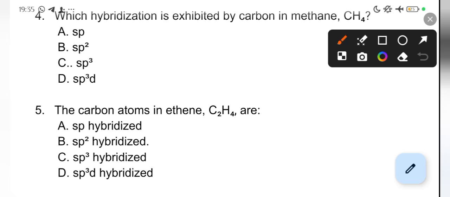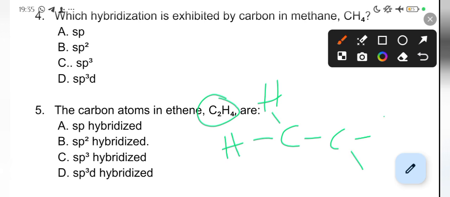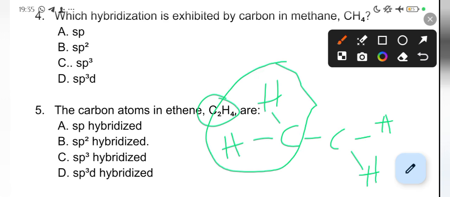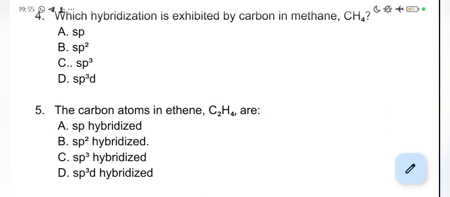If you look at this question now, you have C2H4, right? Now please take note. I know you might be tempted to say, how many bonds are here? Then you count and you'll be getting a very large number. That is not what I'm talking about. When you are doing hybridization, you consider one carbon. So now this carbon has how many bonds? Of course, it has 3 bonds, right? So you have 1 bond here, 1 bond here, 1 bond here. 3 bonds, which is going to give us sp2, 3 letters. So we have option D to be our answer.